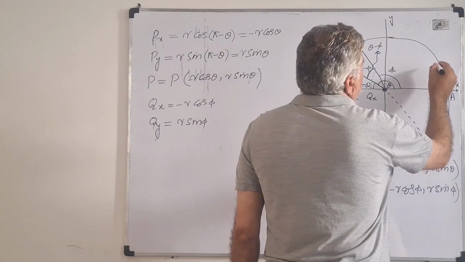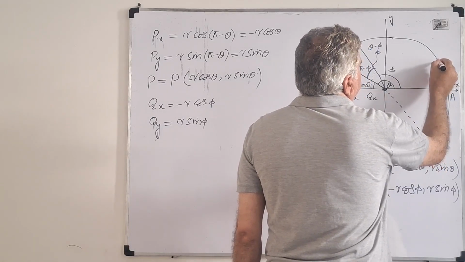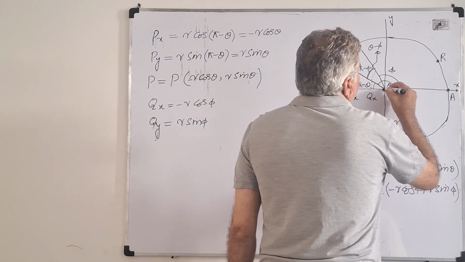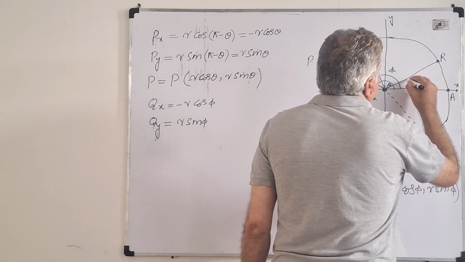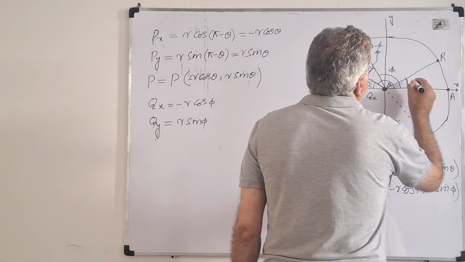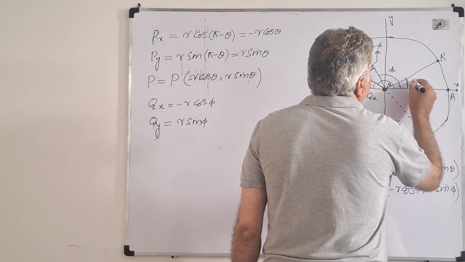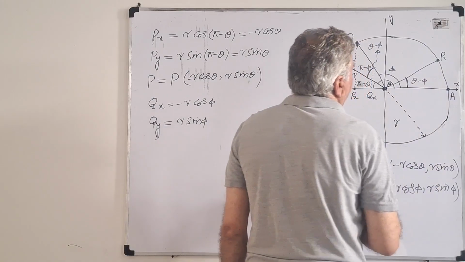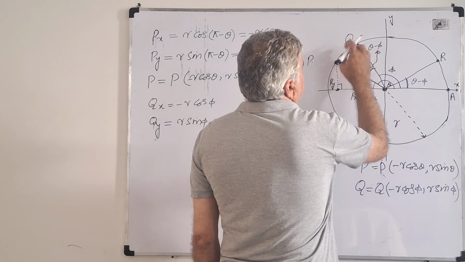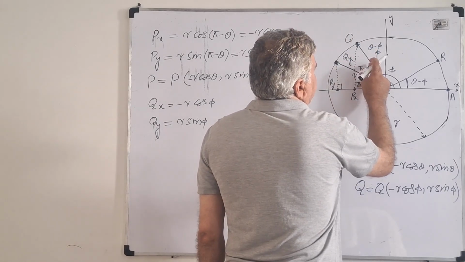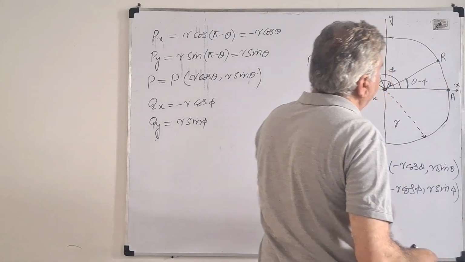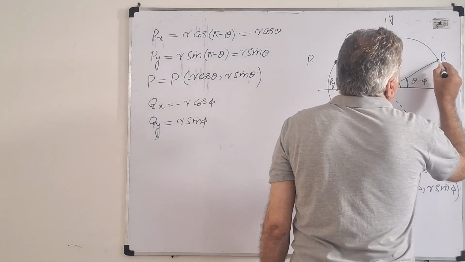On the circle, somewhere at this position, let me call this point R, such that the angular position of R with respect to the x-axis is exactly equal to theta minus phi. That is, the angular separation between Q and P is exactly equal to the angular separation between A and R. Then I can find the coordinates